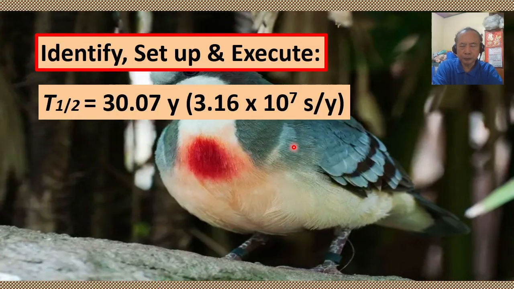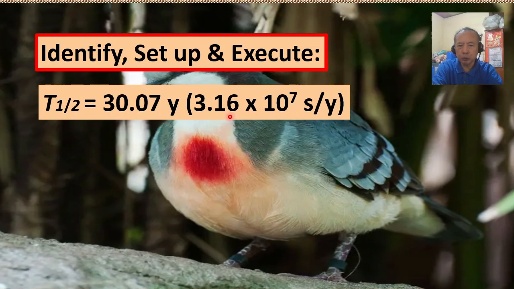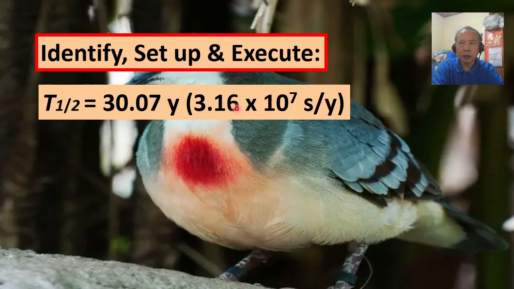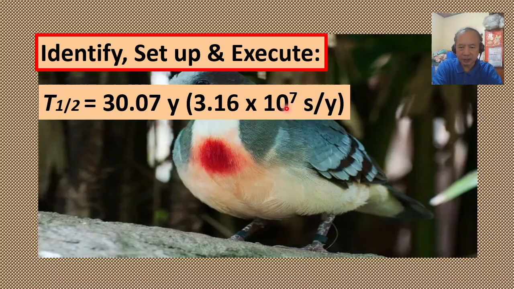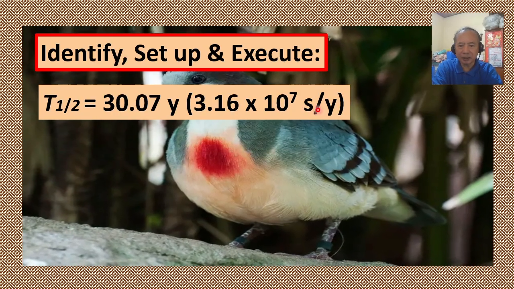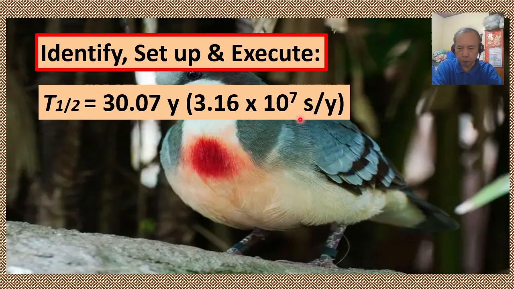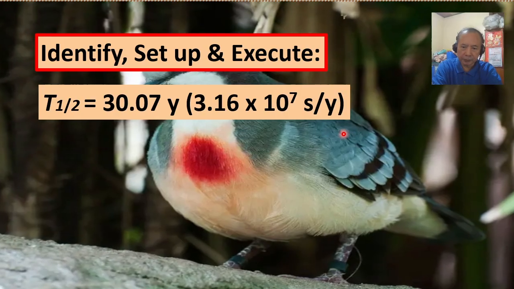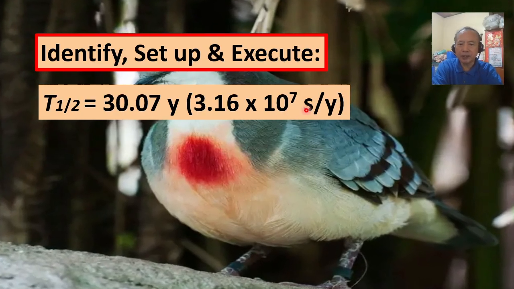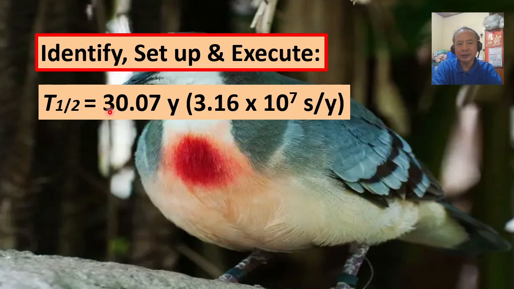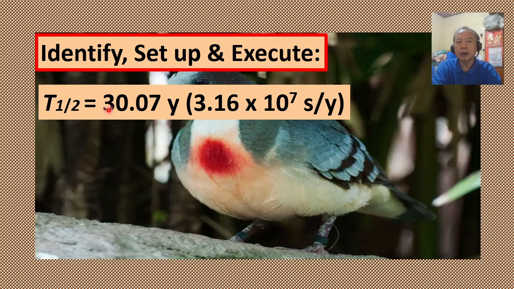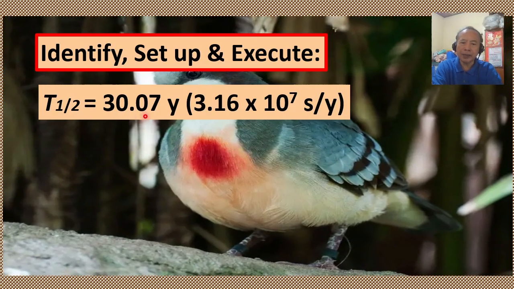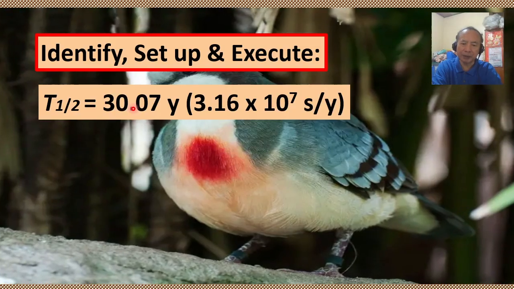So, in order for us to be able to determine the original or initial number of cesium-137, we need to know what we call the nuclear decay constant for this particular isotope, cesium-137. And since the half-life of this isotope is given, that's where we start from, right? 30.07 years is the half-life of the isotope cesium-137.